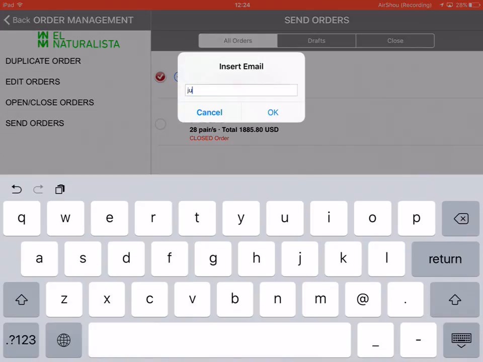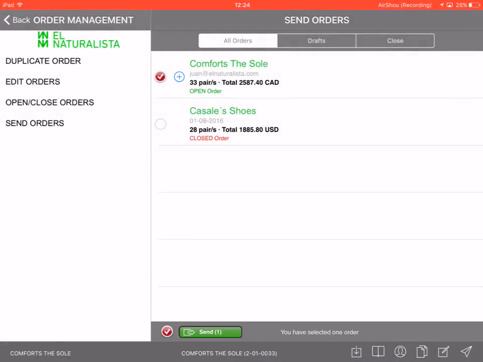In this case, I'm going to write my own email because I don't want to bother this customer, because actually I'm doing this example with a real customer. So I just write my email address, I confirm, okay, and now you can see that instead of the email address that the system was offering because we have it on file,